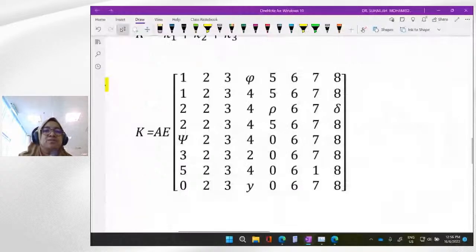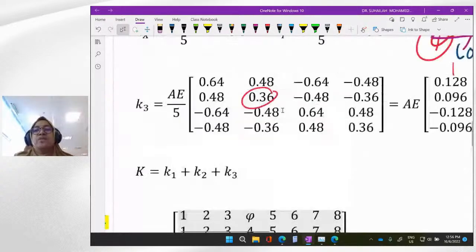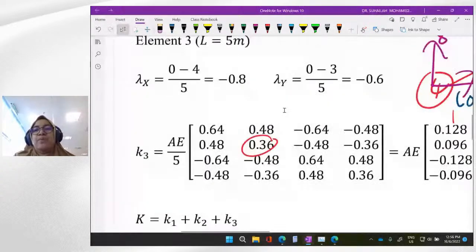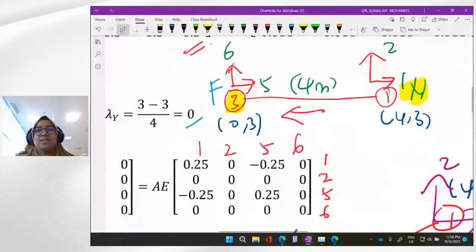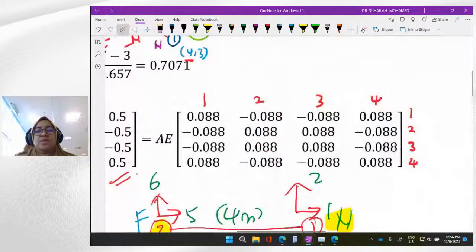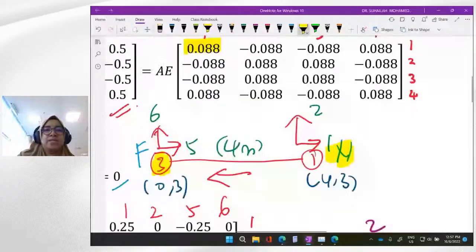I just wrote this for the formatting of 8 by 8, so I will replace it with the values right now. In K1 there is 1, 1. In K2, 1, 1 is